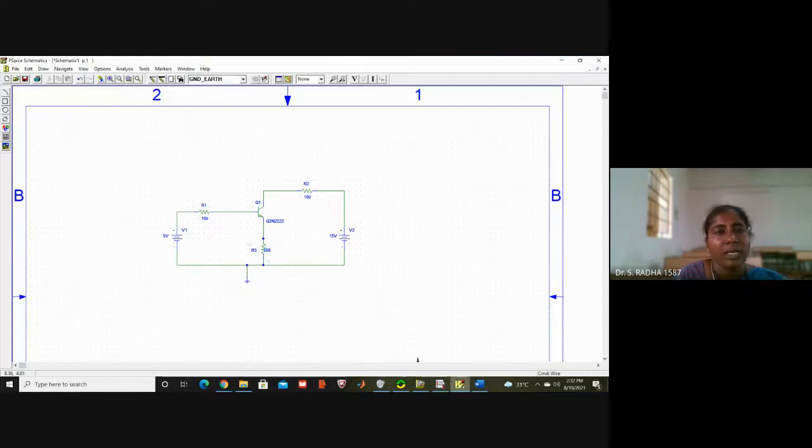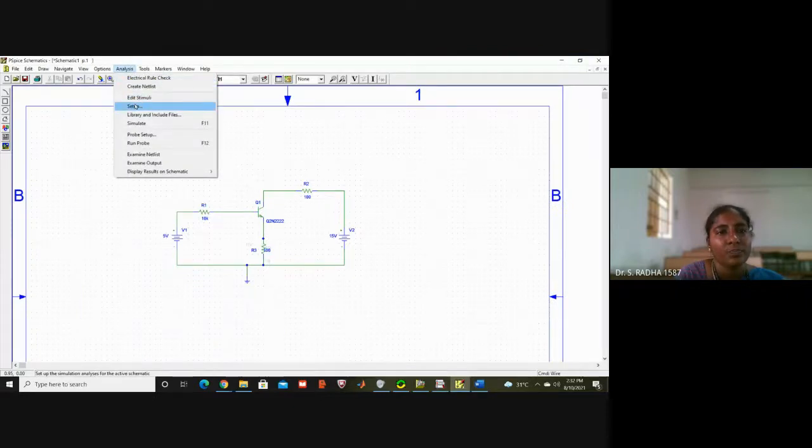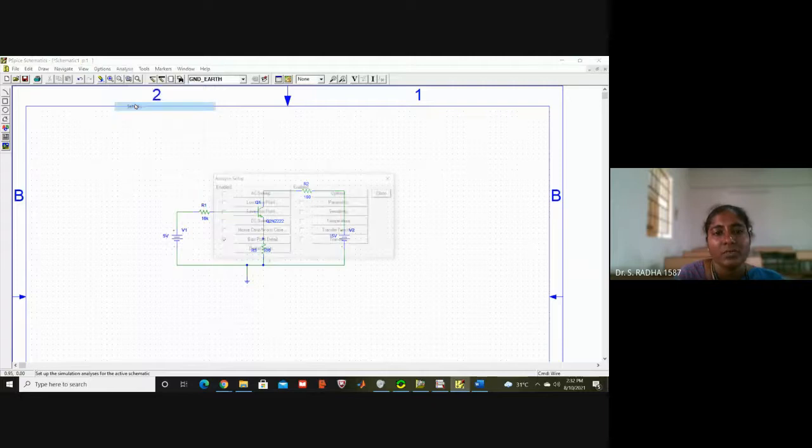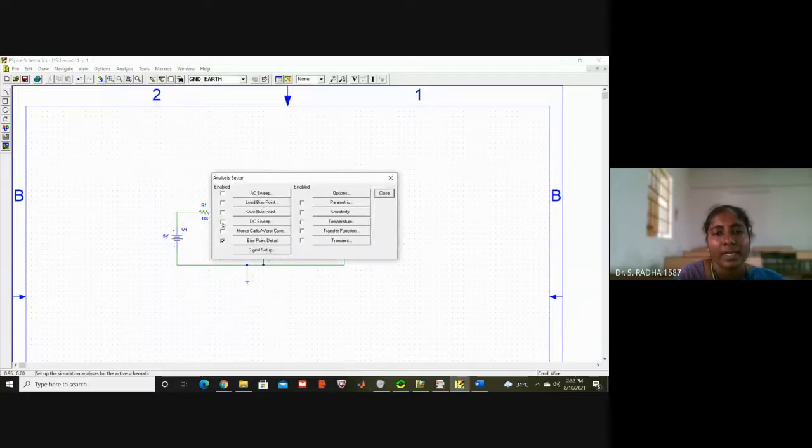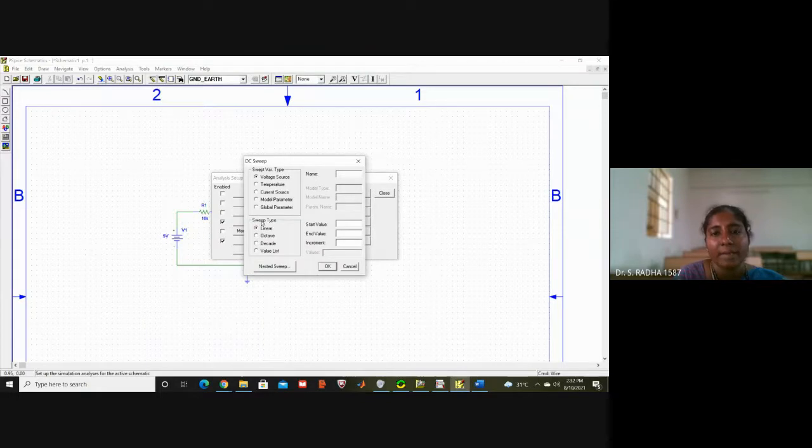For that, go to analysis, setup. You see the input side voltage name is V1, output side voltage name is V2. Same names we have to give, otherwise it will not work. Click on DC sweep, enable it, and then click over here. Input side voltage name is V1, and we have given 0 to 5.